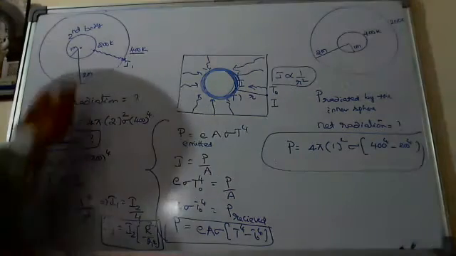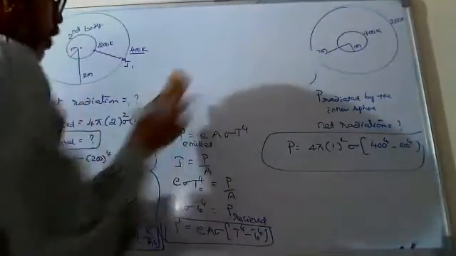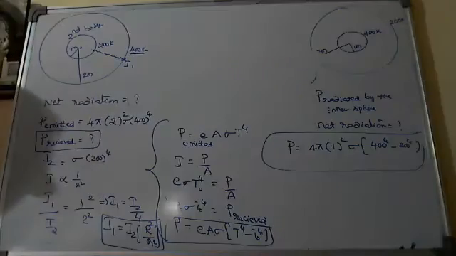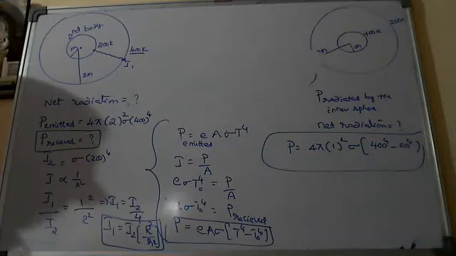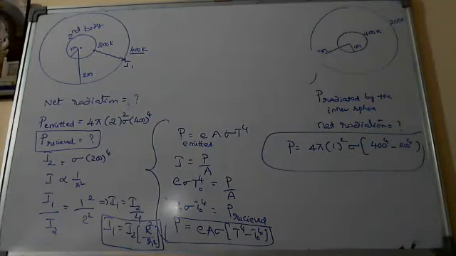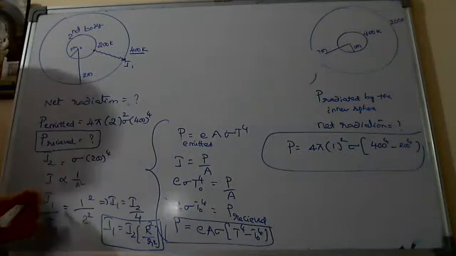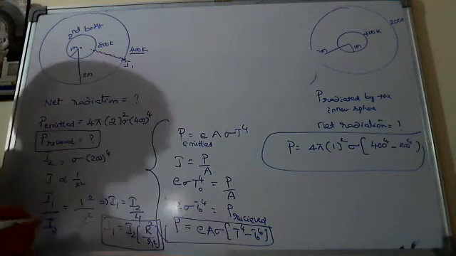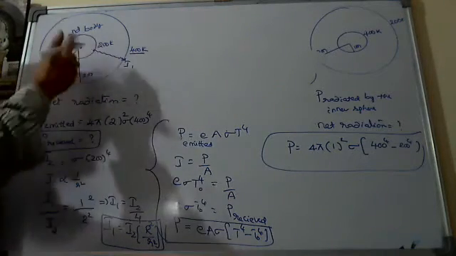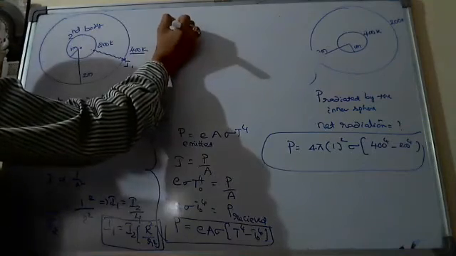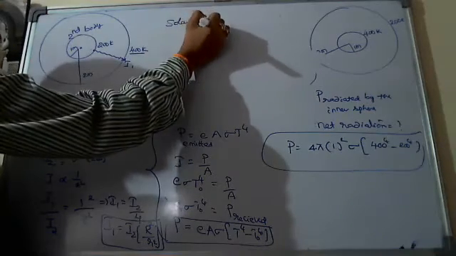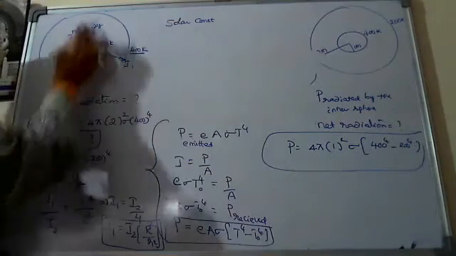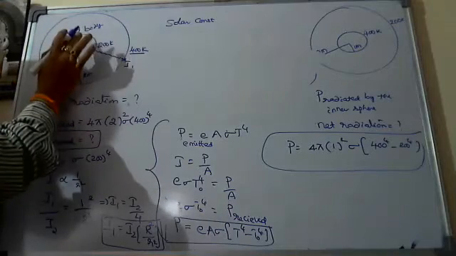That intensity received by some other body is actually called the solar constant. That's why in exams, if you are asked to find the solar constant, solar constant means the intensity received by the body placed outside. Means in my question, solar constant is nothing but, when they consider this as the sun,